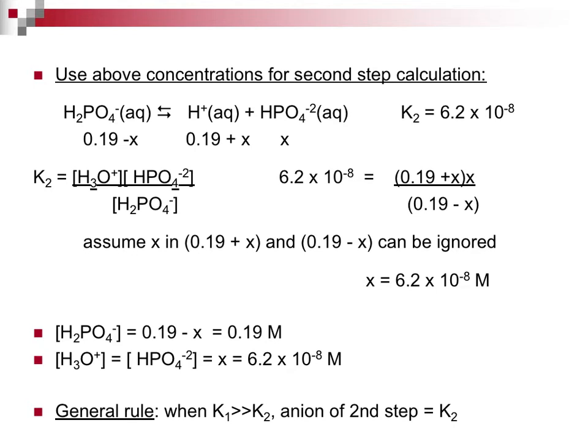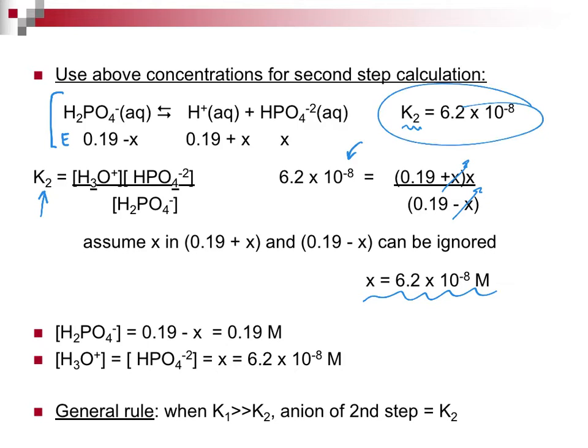In the second calculation, this again would be my E line in the table. Here is my K2. There is my K expression. Here it is substituting in the value. We are going to assume the X in both 0.19 plus X and 0.19 minus X can be ignored. When we do the math, what we come up with is X is equal to 6.2 times 10 to the